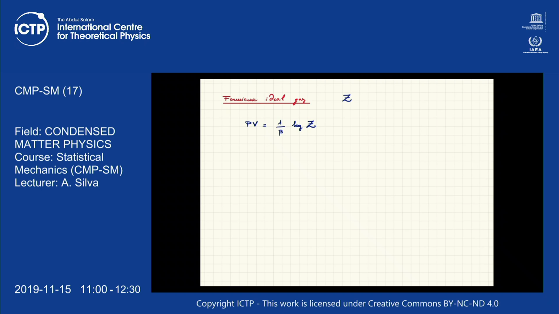And at the same time, since Z is going to be dependent on the chemical potential, as we have done previously, you remember the calculation for the cluster expansion. Also in this case, we should find the number of particles as a function of chemical potential and vice versa. So therefore, we should have